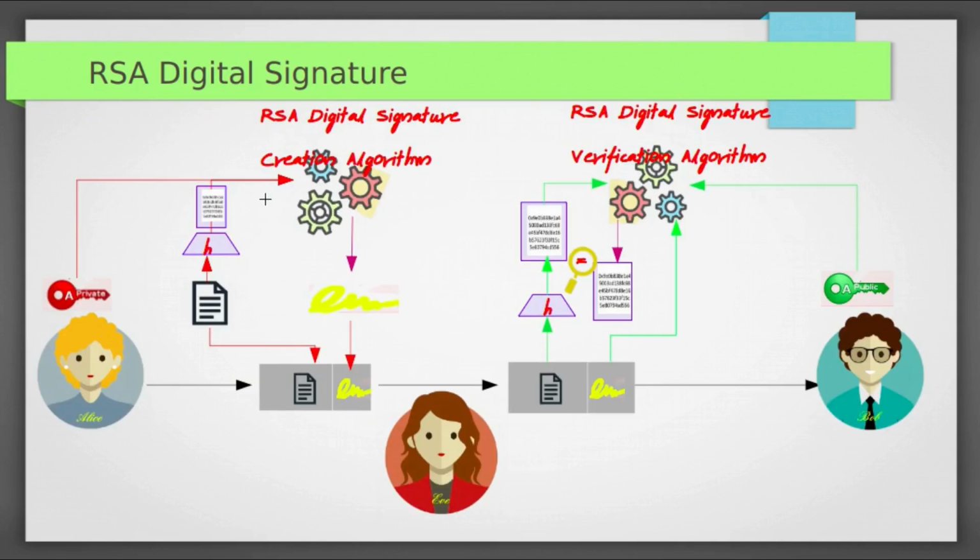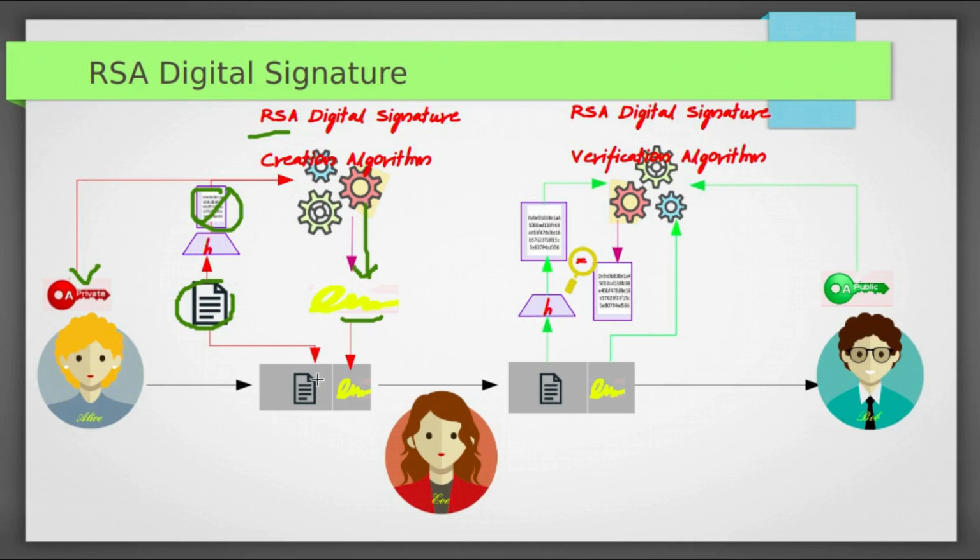A similar kind of diagram we already saw in RSA digital signature without hash function. Here we are adding a hash function, this one. To sign this document, Alice gives the document to the hash function. It will produce some hash code. She signs this with her private key using the RSA algorithm. It will produce a fingerprint of that message, which we call the signature.